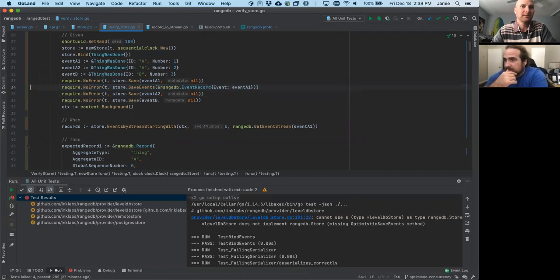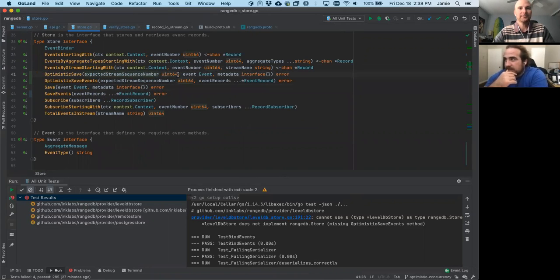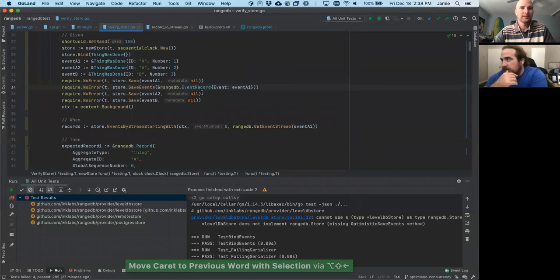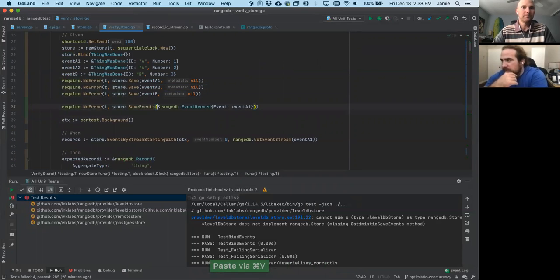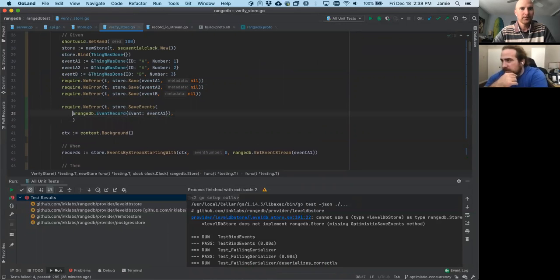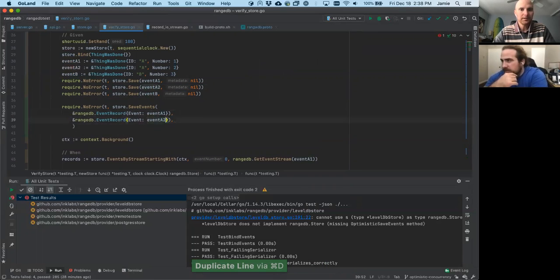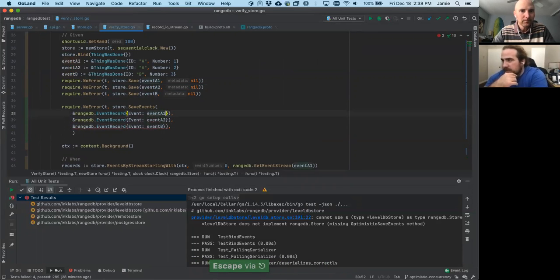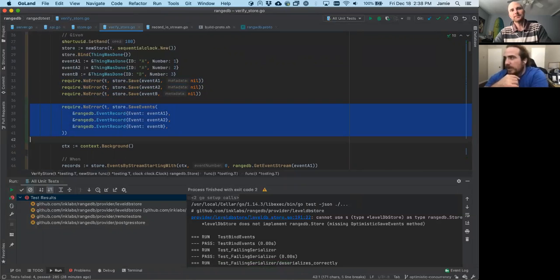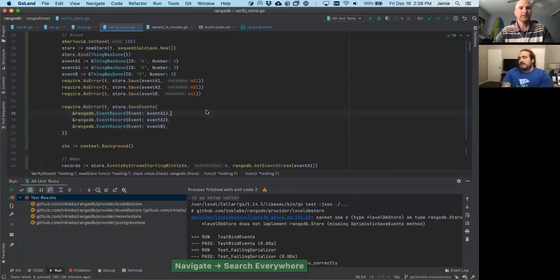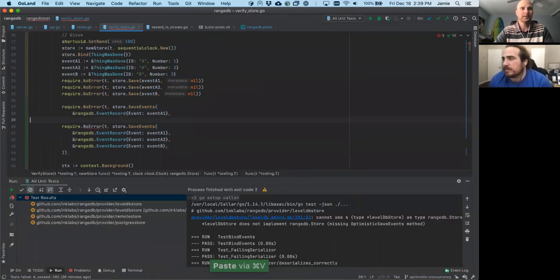But if you have a strong opinion, it's the same for Optimistic. Optimistic has the same thing. It's got saving a single event or saving multiple. If we go back to the test, if you were going to save a bunch, these are equivalent. Event A2 and event B. So this group is equivalent to this group, because you can call SaveEvents with one or more, right? You can call it like that,